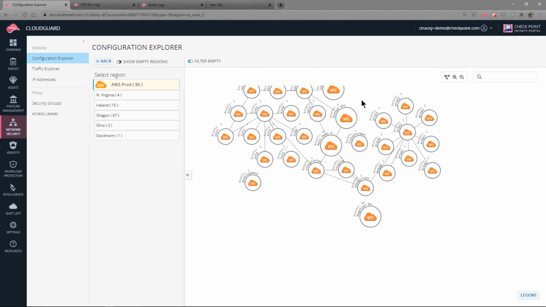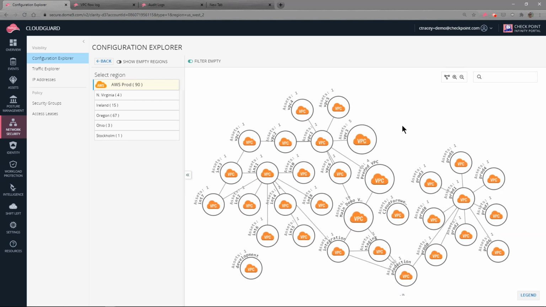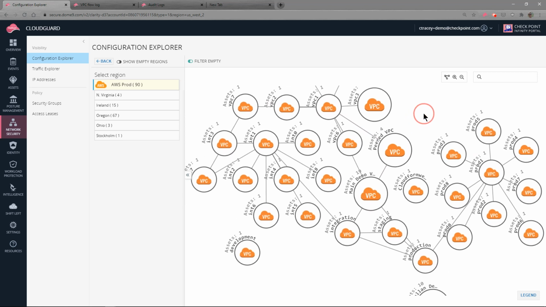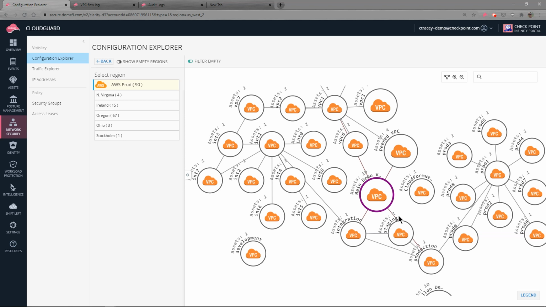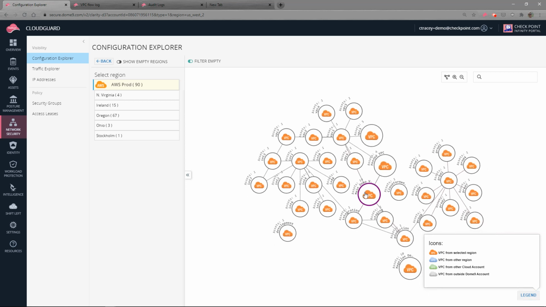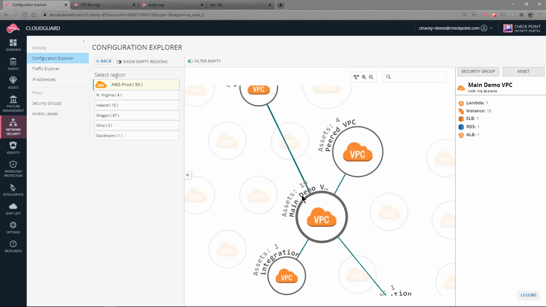region, and look at VPCs as represented in these nodes, completely able to scroll, zoom up, zoom down, and look at the connectivity between those VPCs. The larger nodes contain more assets, of course. There is even a legend down here that tells you a little bit more about those. Scrolling up, down, looking at other regions as well. But for this training, we will look at a demo VPC and be able to drill down upon it